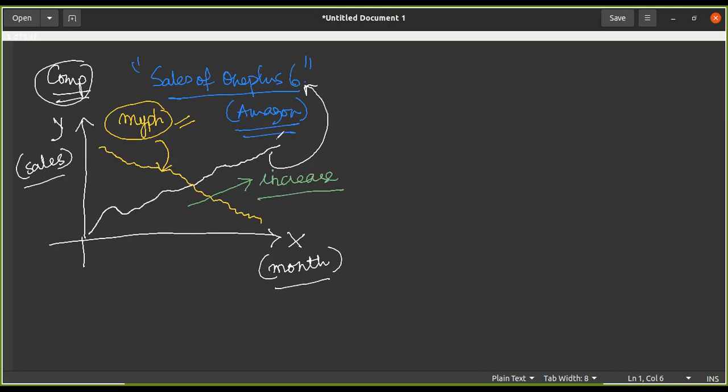So you can clearly see that OnePlus 6 is a very good phone when it comes to at least the sales, which means people are liking it. Word of mouth reviews or advertisements on TV, these kinds of marketing channels are working well, and its sales are increasing. But in case of my phone, it is decreasing, right? This property is a very important one. The first thing you notice if you look at this graph is the direction in which it is going, whether it is decreasing over a period of time or increasing over a period of time.